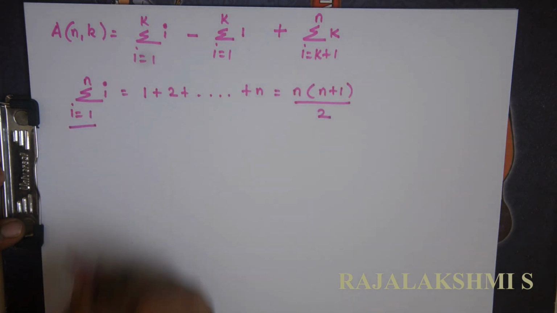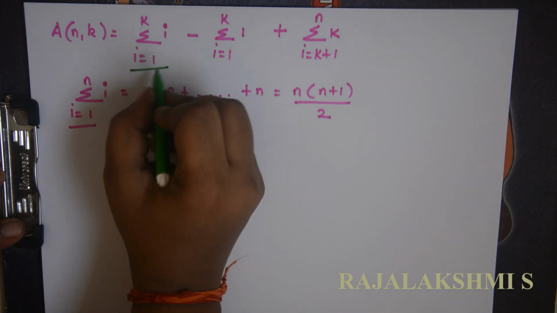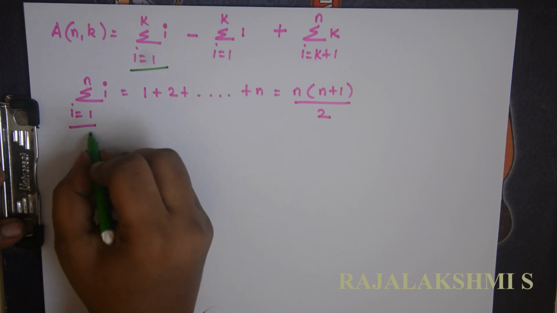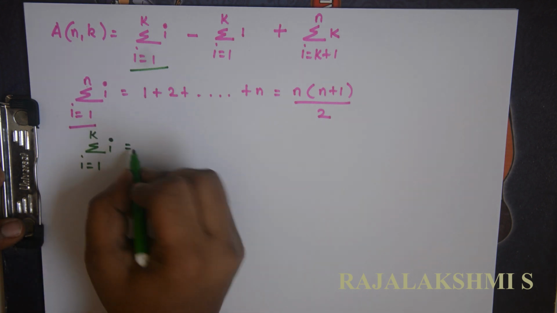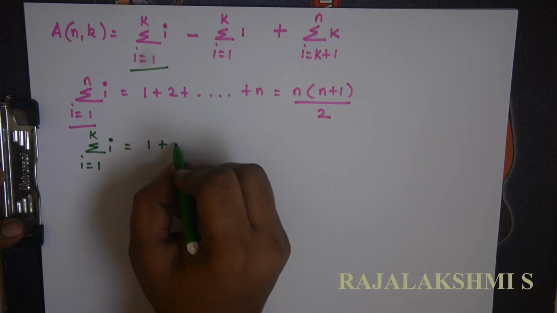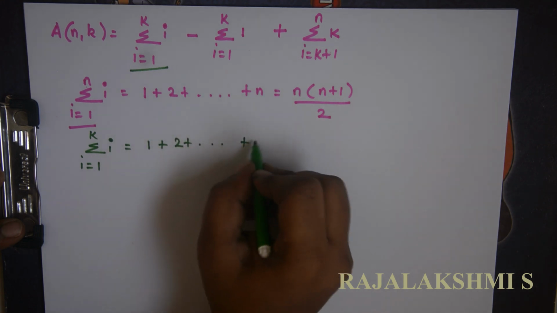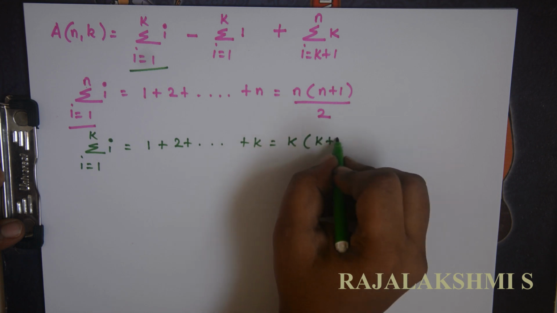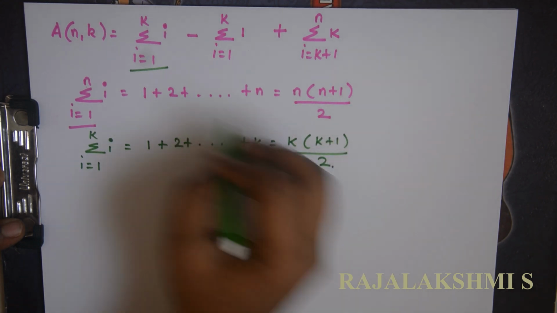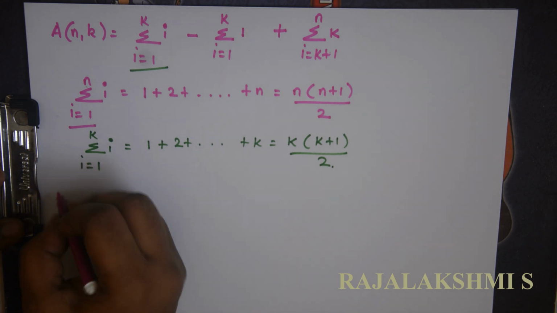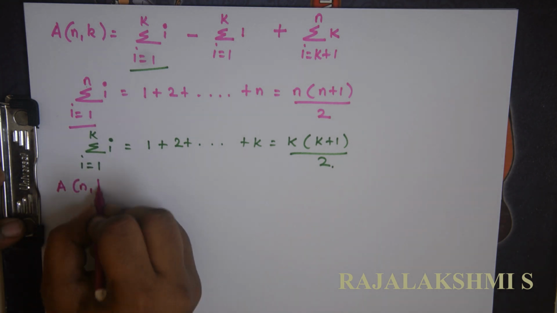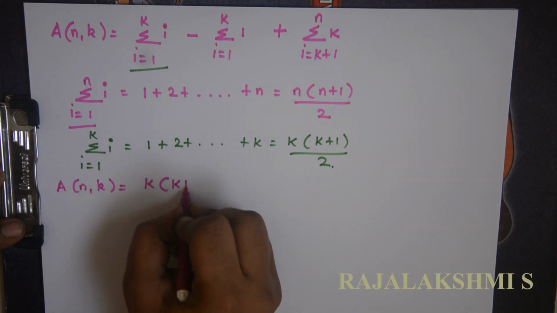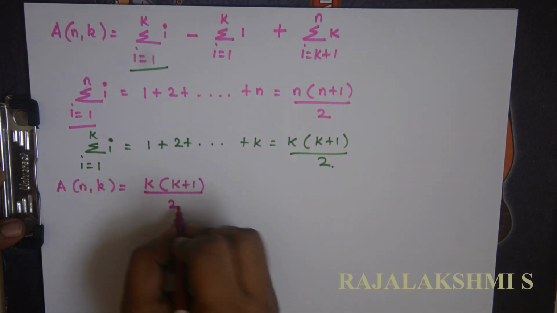So now compare this one with this formula. Instead of N what are we having? K. Summation I is equal to 1 to K, it is I. So here we will be having 1 plus 2 plus up to K. So wherever N occurs we should write it as K. So it is K into K plus 1 divided by 2. Now substitute in this formula. So A of N comma K is equal to K into K plus 1 divided by 2